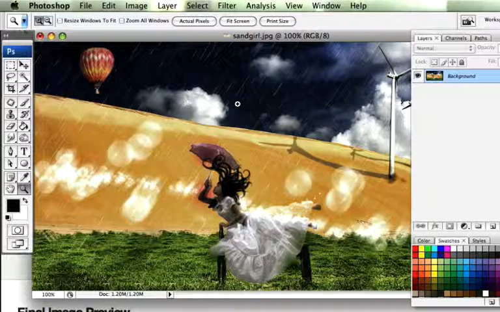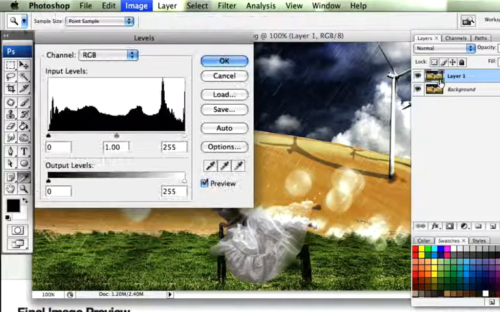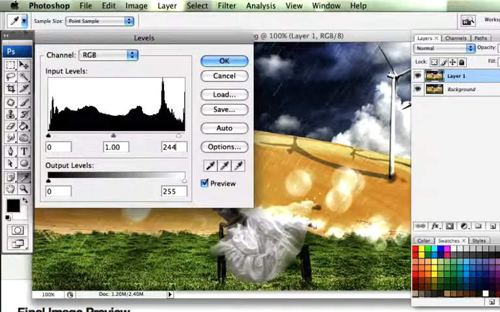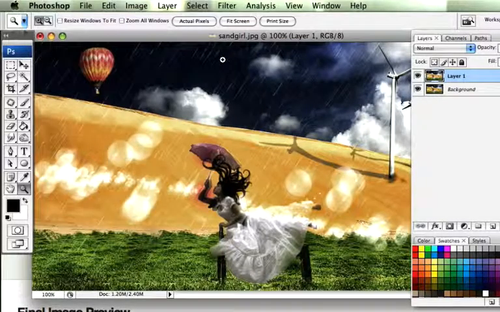Right, we're going to move on now. So what we need to do is we need to duplicate that layer, because now we've only got one layer because it's a JPEG file. So duplicate it, Command L, go into the levels. We're going to decrease this down to 244. Click on OK. We're then going to create a new layer,